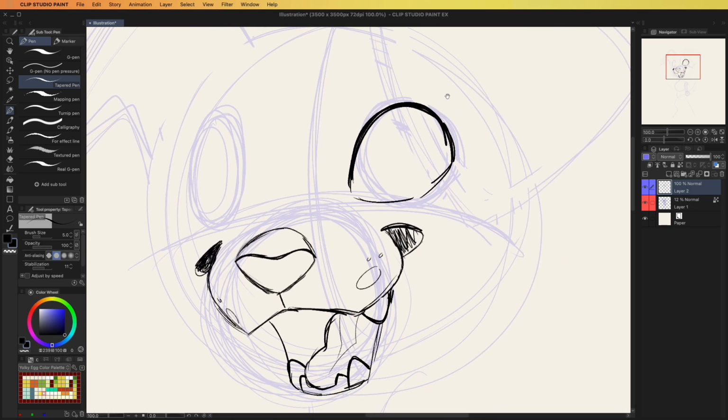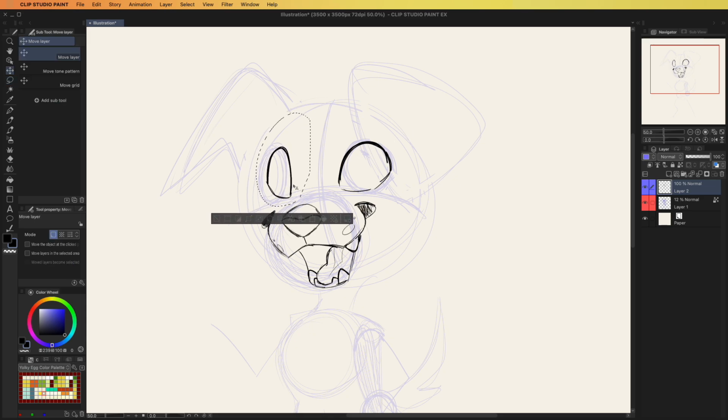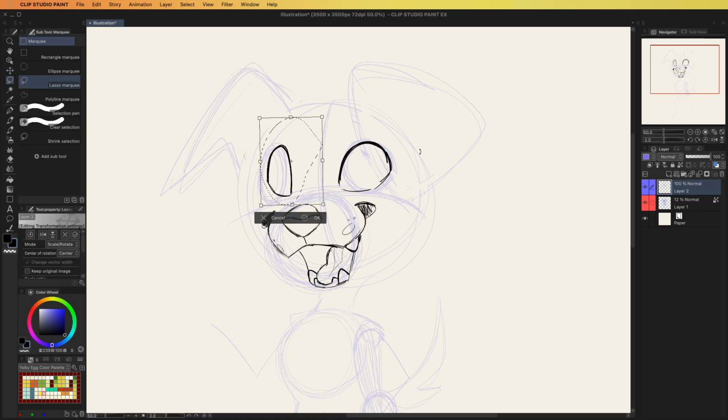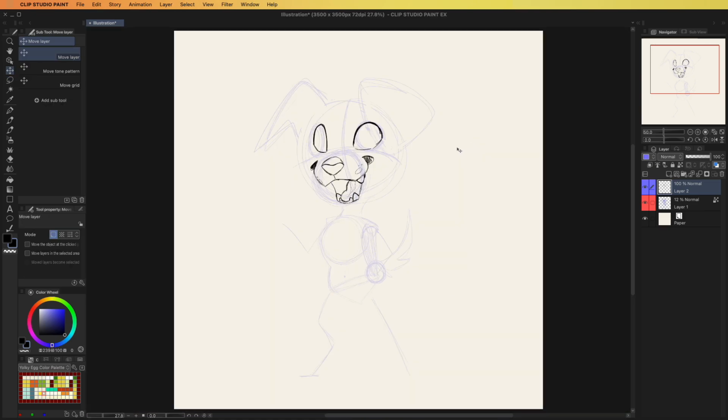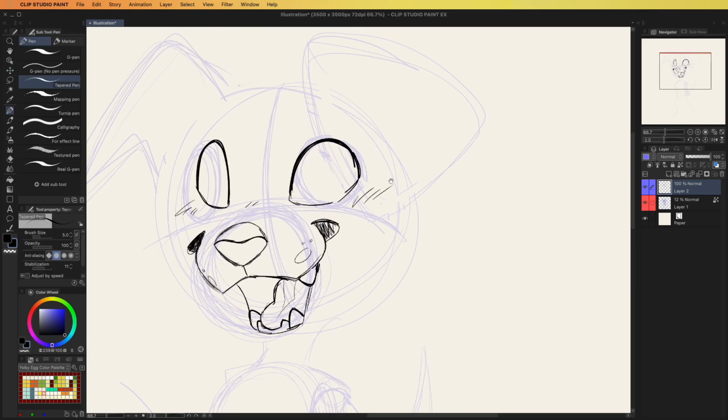And then I'm going to do the other eye, and it's going to be skinnier. So we're going to do this arc, and then we're going to do, let's see, I'm going to move this over a bit, and maybe this one too. No, I like the positioning of this eye, but not this one. Okay, I think that's better. And I'm going to give her a little blush. Next, I'm going to give her little eyelashes. And the pupils, I'm going to have her looking this way. So I'm going to give...